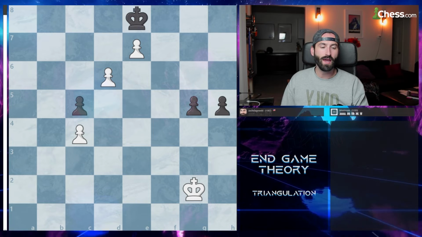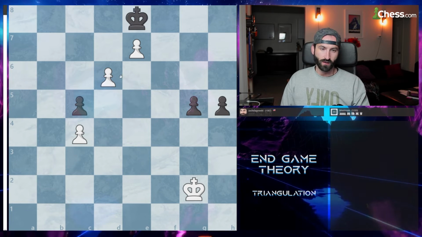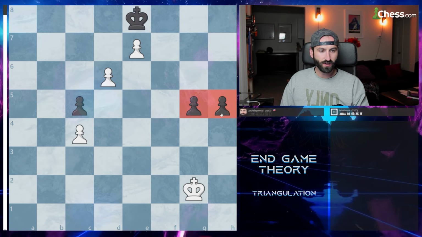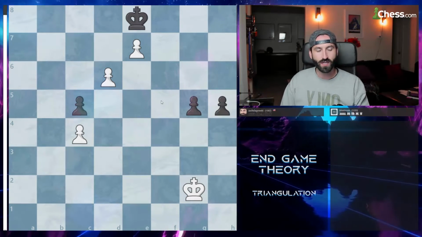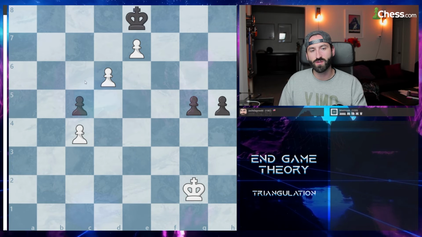Now in our last grandmaster game, we're gonna be looking at a game between Shirab and Grishak in the year 2000. And this kind of shows that triangulation can happen even from a distance. Now in this position here, white is to move. You got two advanced pawns, but you have two pawns here that are gonna be real hard to stop with the king. And so what white's king wants to do is it wants to be able to get up here